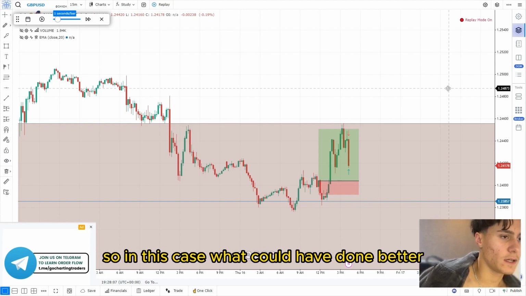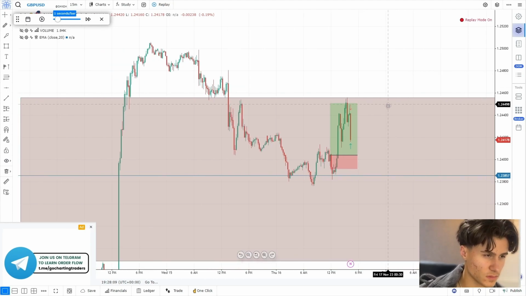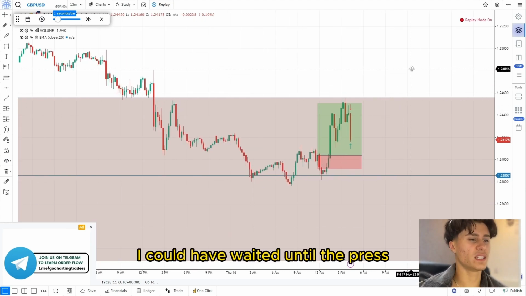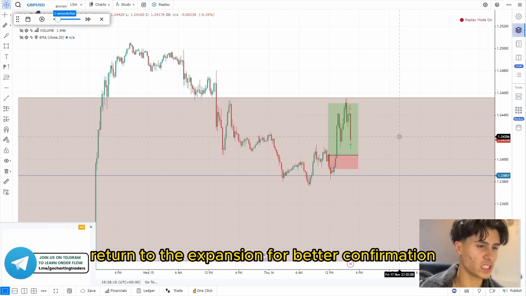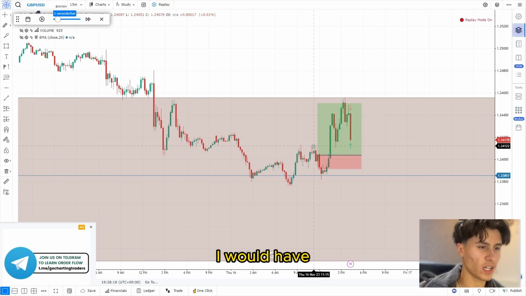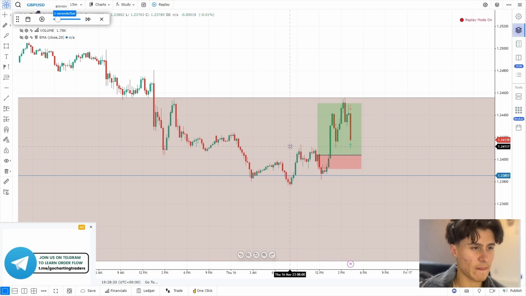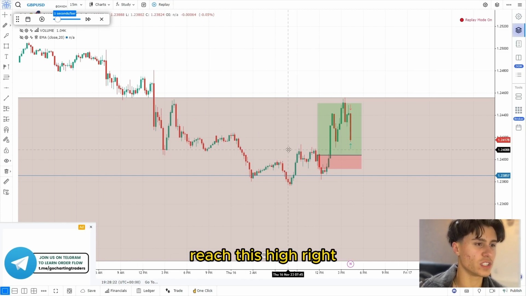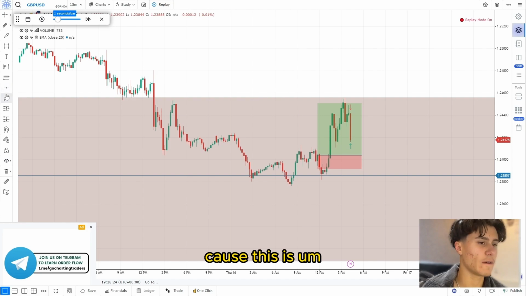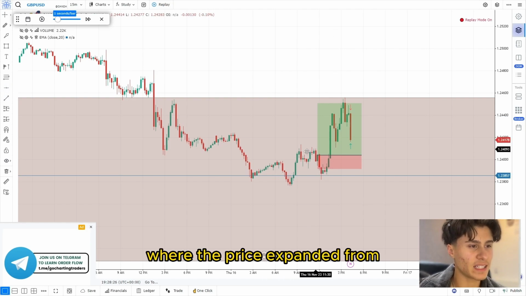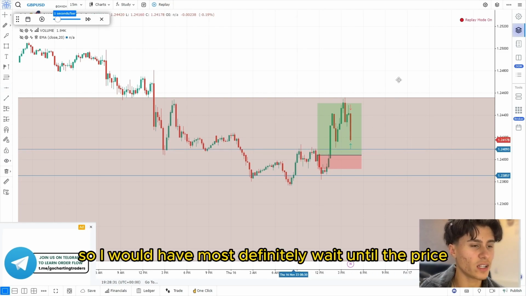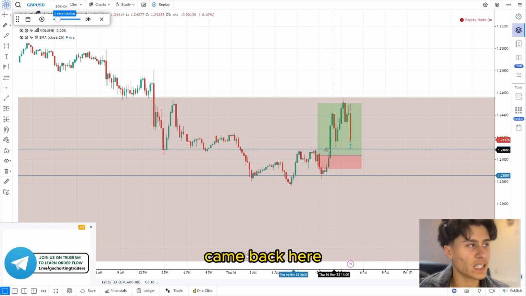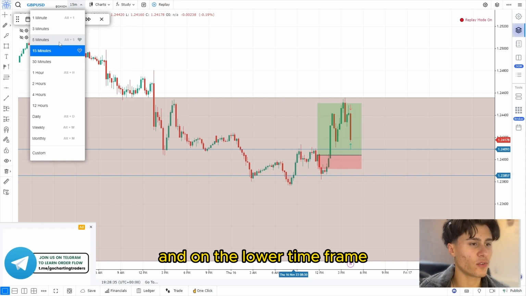So in this case, what could I have done better? I could have waited until the price returned to the expansion for a better confirmation. I should have waited until the price reached this area right here, because this is where the price expanded from. This is where the break of structure occurred. So I would most definitely have waited until the price came back here, and on the lower time frame,